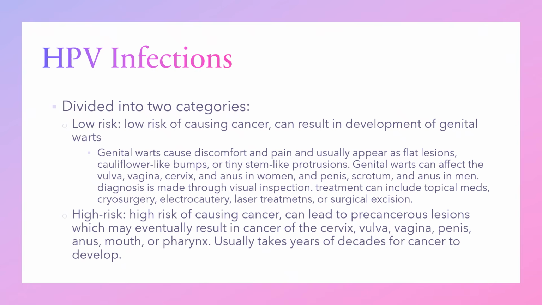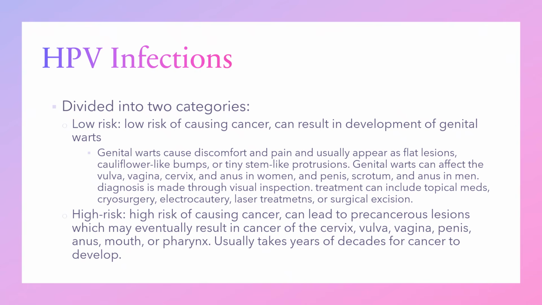HPV infections can be divided into 2 categories, low versus high risk. So low risk is going to be a low risk of causing cancer that can result in the development of genital warts. Genital warts cause discomfort and pain and usually appear as flat lesions, cauliflower-like bumps, or tiny stem-like protrusions. They can affect the vulva, vagina, cervix, and anus in women, and penis, scrotum, and anus in men. A diagnosis is usually made through visual inspection, and treatment for these can include topical meds, cryosurgery, electrocautery, laser treatments,